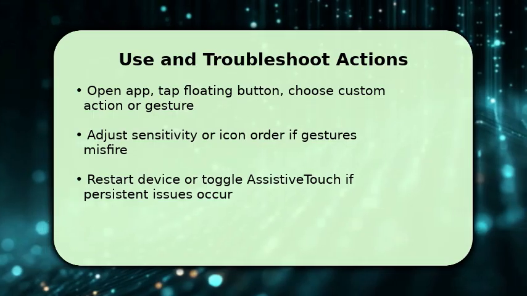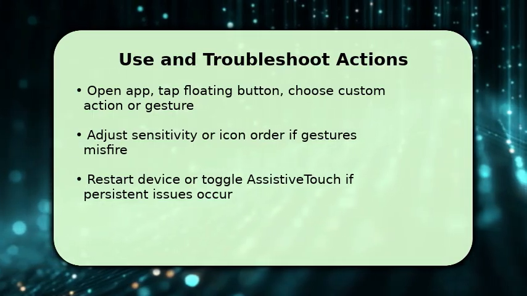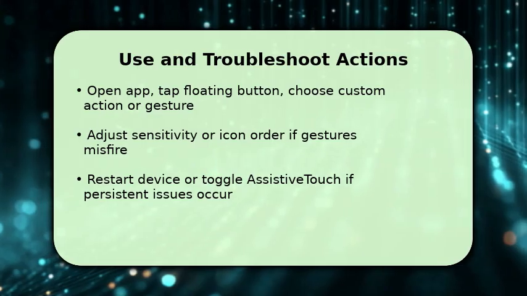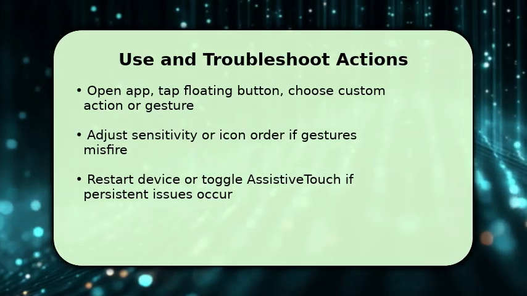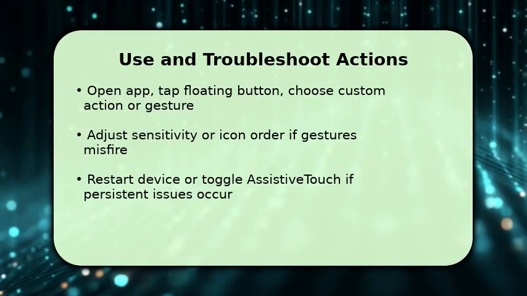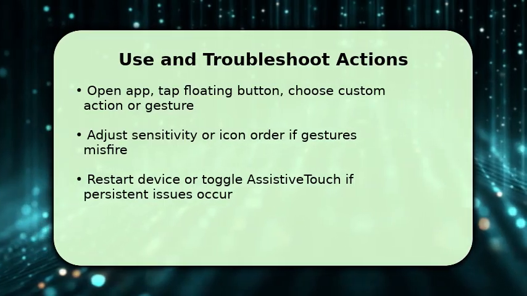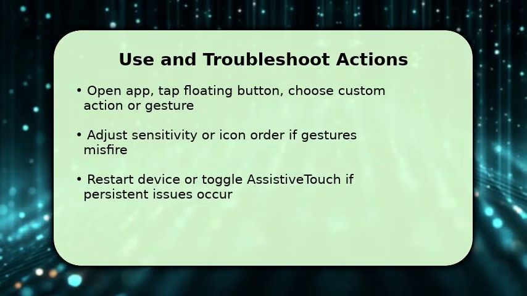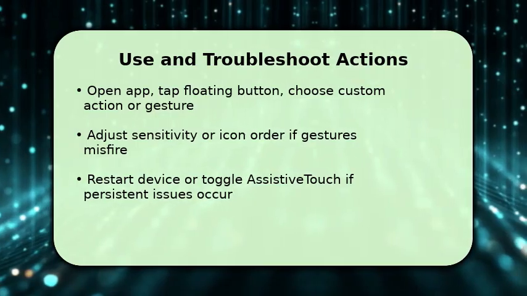If a gesture misfires, make sure sensitivity settings are adjusted and consider re-recording the gesture for clarity. These tweaks improve reliability. If problems persist, restart the device or toggle Assistive Touch off and on to reset the service. That usually